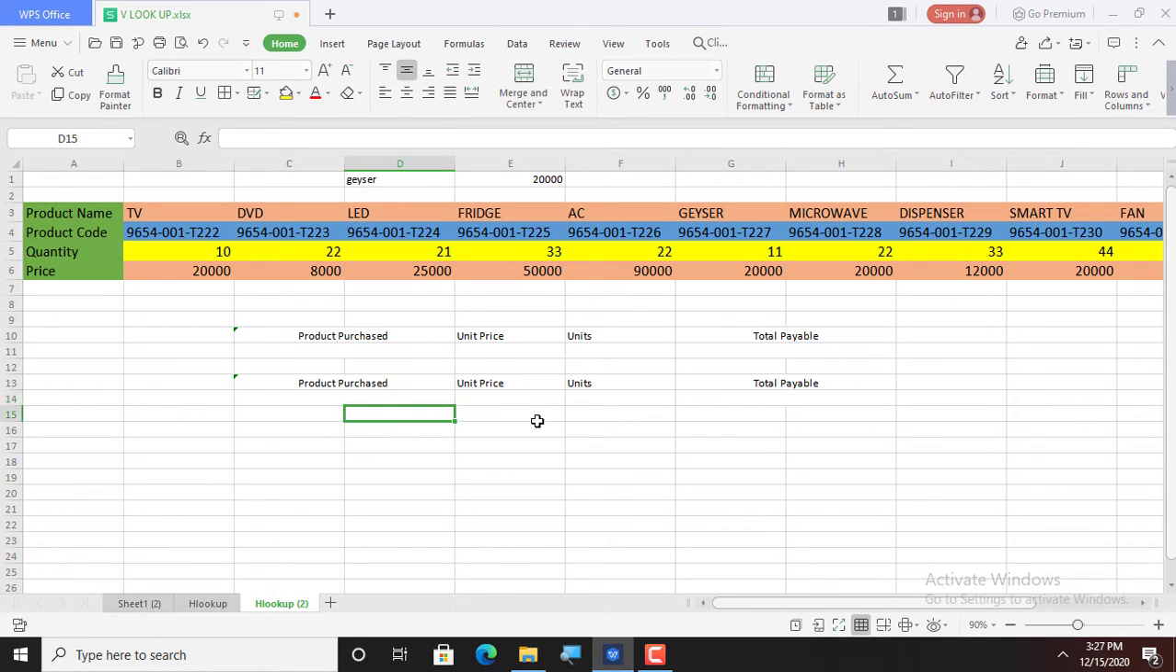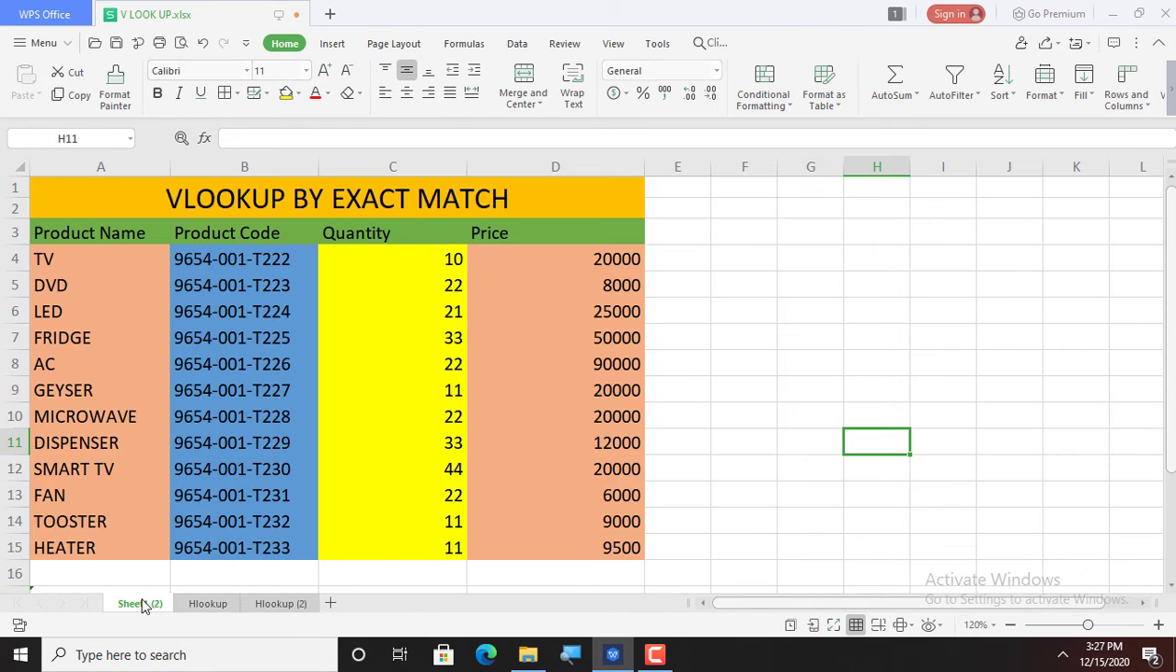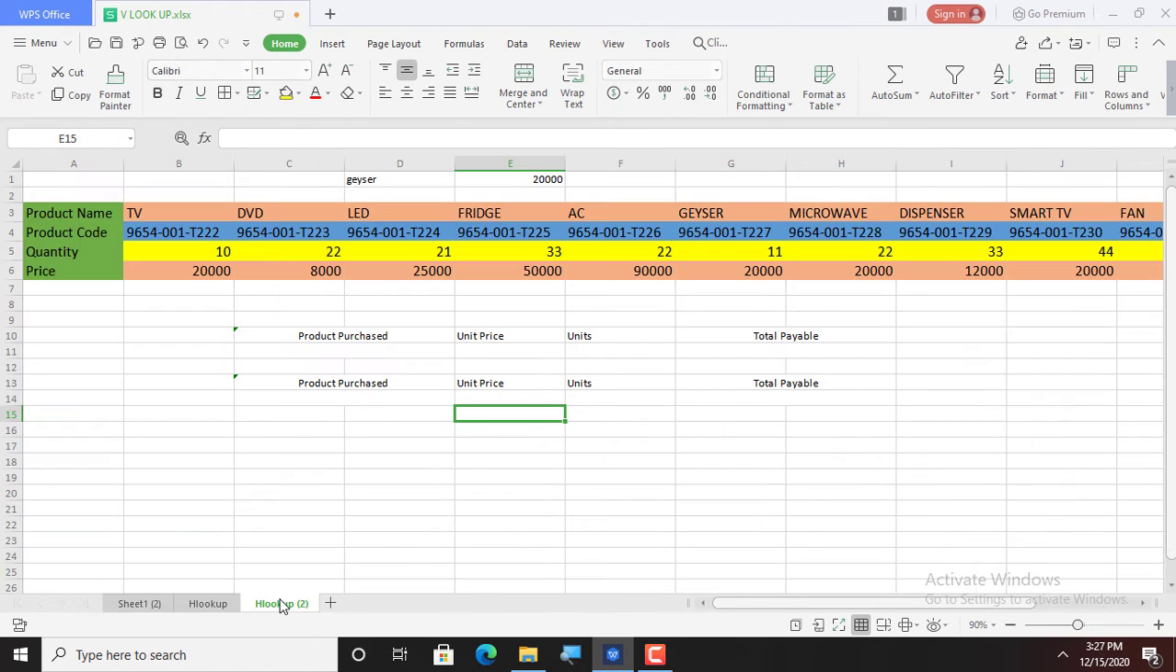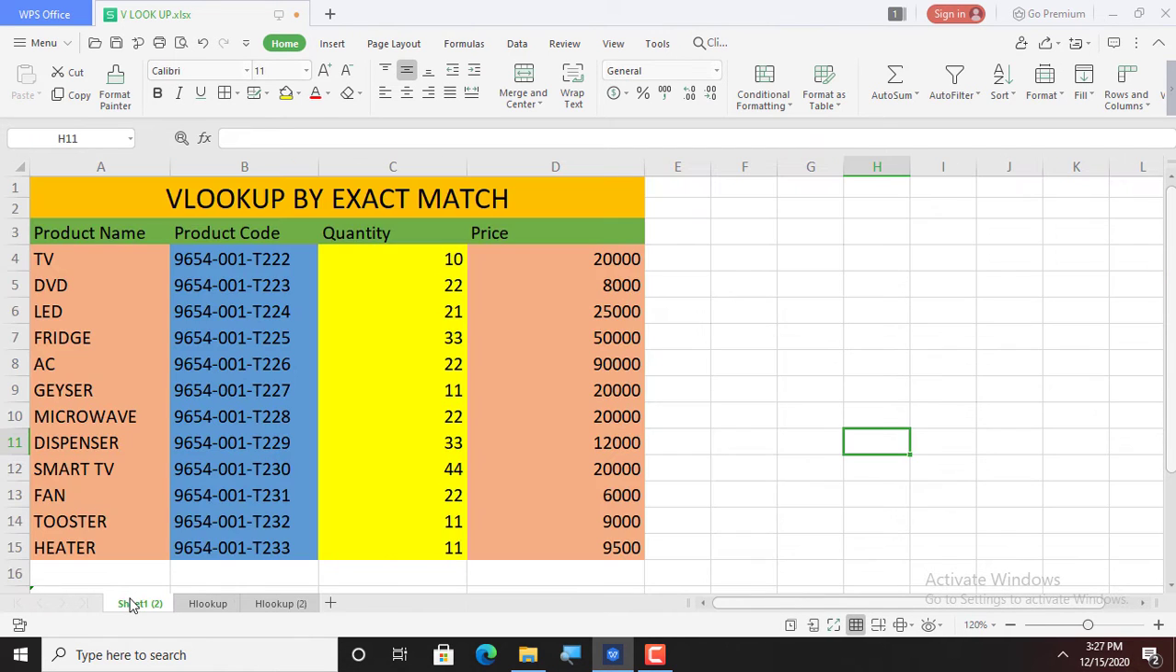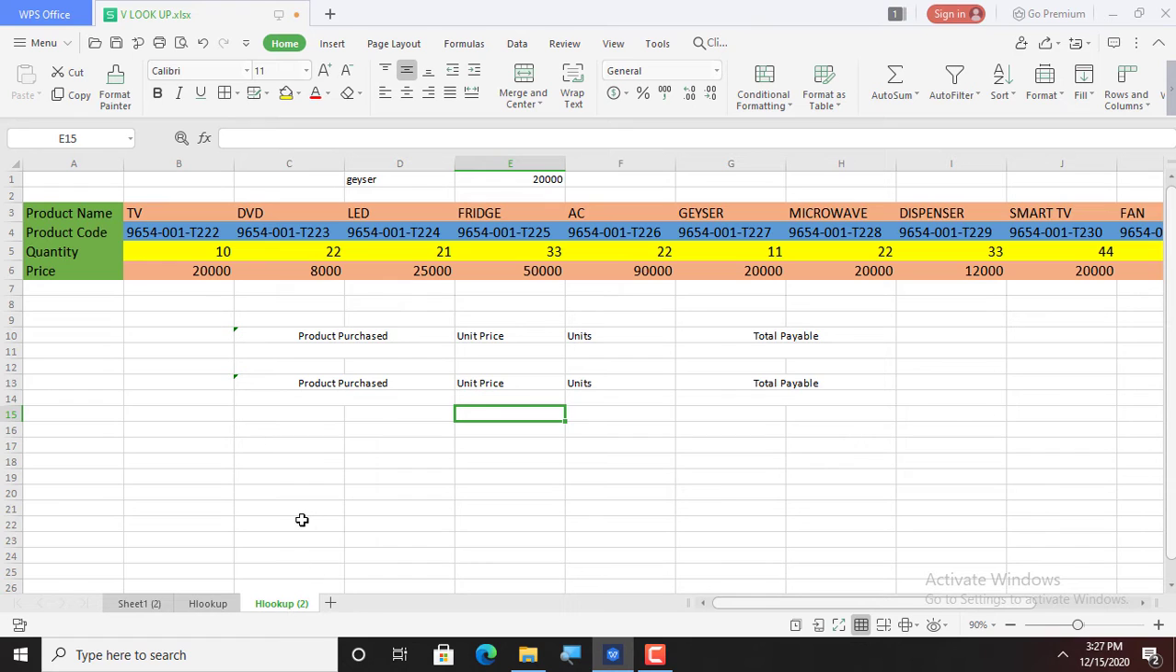So to get started, we have just converted this Vlookup table into an Hlookup table. I converted the vertical table into a horizontal table, and now we are going to calculate the value from this while using the Hlookup function. If in case I want to calculate the price for the geyser, which is 20,000, I would write geyser in any of the cells. Then for calculating its price, I will give the equal to sign, then